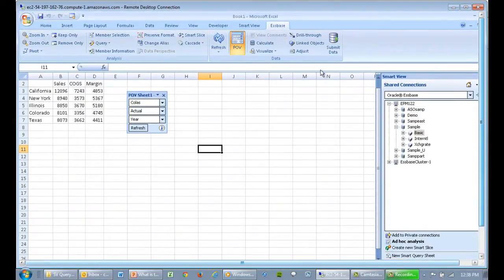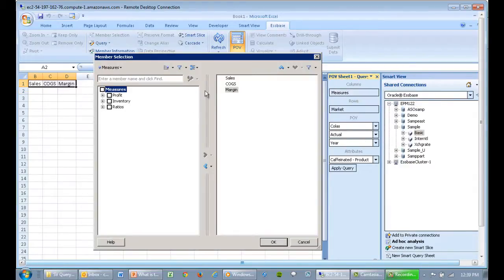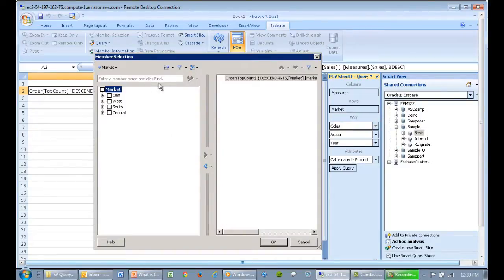But how did I create the query? And the answer is I go into Query Designer here. And when I do that, I'm presented with a Query Designer toolbar in which I select what I want in the columns, the rows, and the point of view. And in this case, I selected just simply the measures, sales, cost of goods sold, and margin for my columns. And for my rows, I selected my